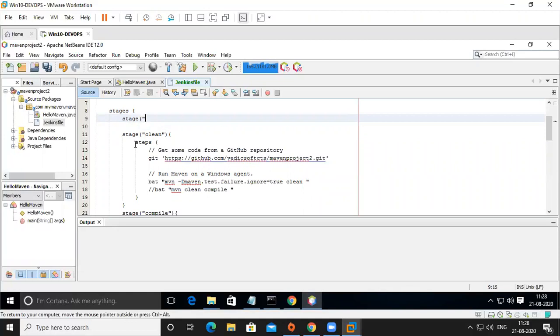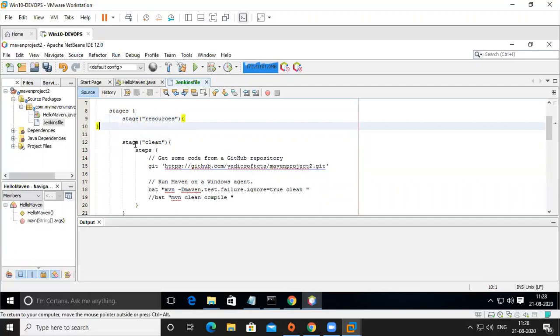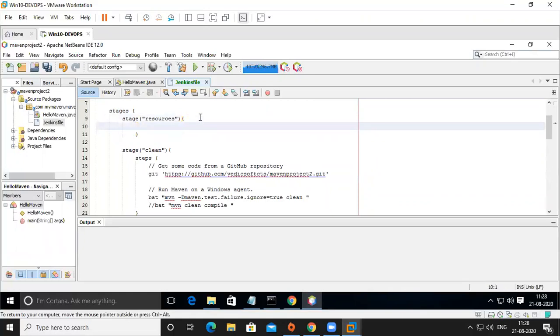So getting resources, like resource. Okay, resources stage. So getting where our repository is. Okay, stage. So this is resources, and here you have to mention steps.